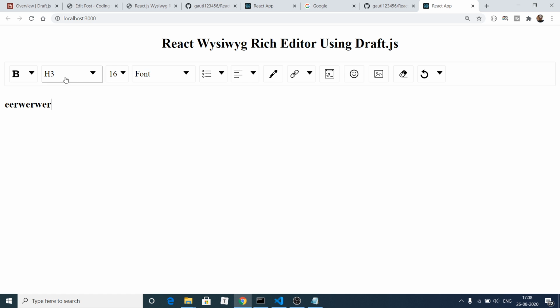This h1 heading, h2 heading, you can change the text to underline as well. If I select this, you can see it is changed to underline. You can even cross this with curly brackets as well. So all this is working, but here we just need to get our image support as well. Like this, you can see that all the functionalities are working.